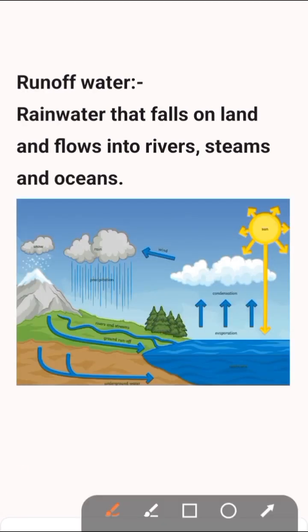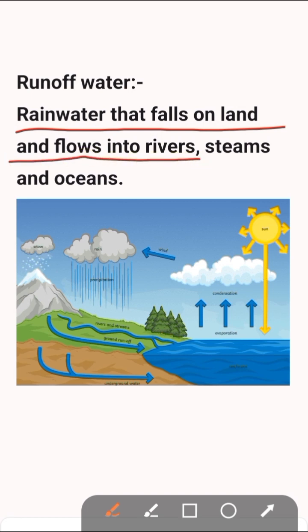runoff water, rainwater that fall on land and flow into rivers, streams, and ocean. Okay, show the picture explained by the runoff water. Okay,